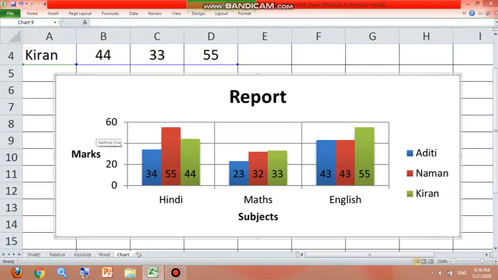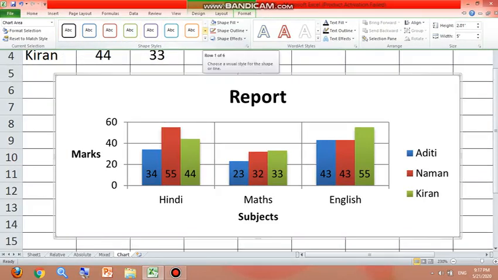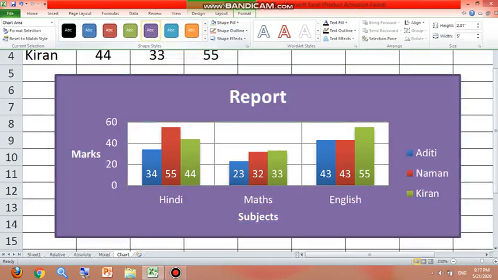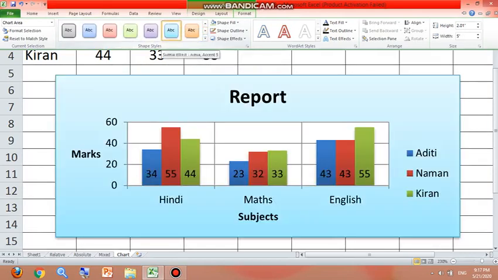Clear? Now to change the color combination of the chart, which tab will I click on? Format tab. As you can see, all the commands are available here. Different border colors are available, and as soon as I move the mouse pointer over a particular command, the changes are reflected on the screen. So according to my requirement, I can use it. If you want to see more options, from here you can move like this. Different options will come, and the background colors will also be changed. Okay, children. So from here you can change the foreground and background color of the chart.